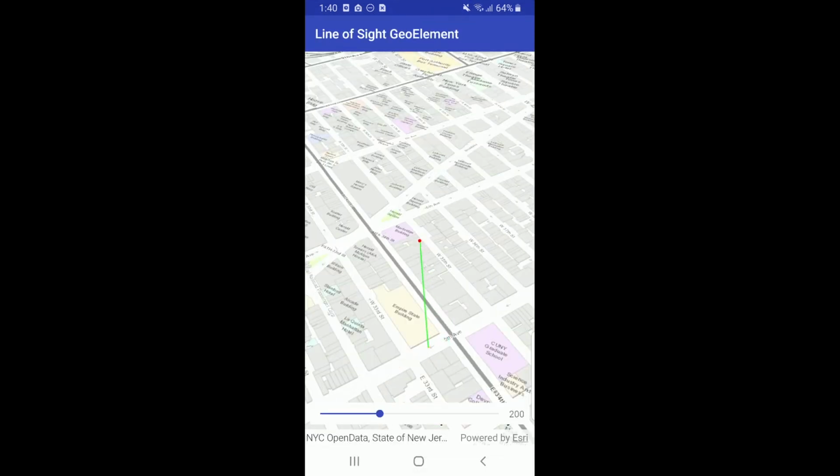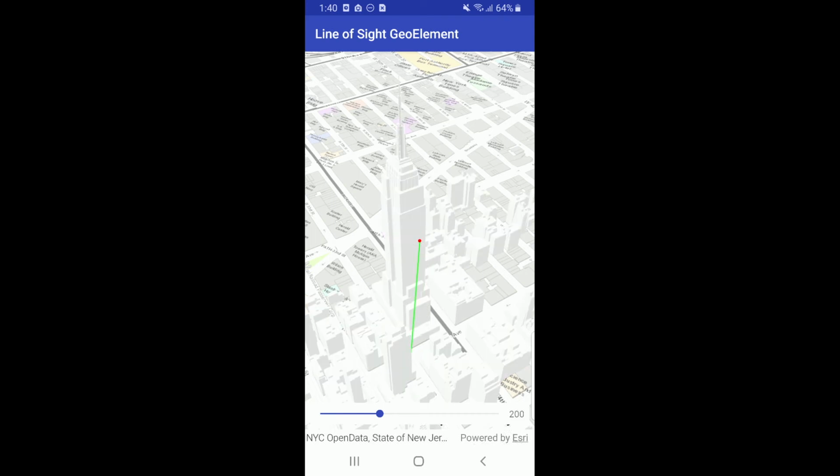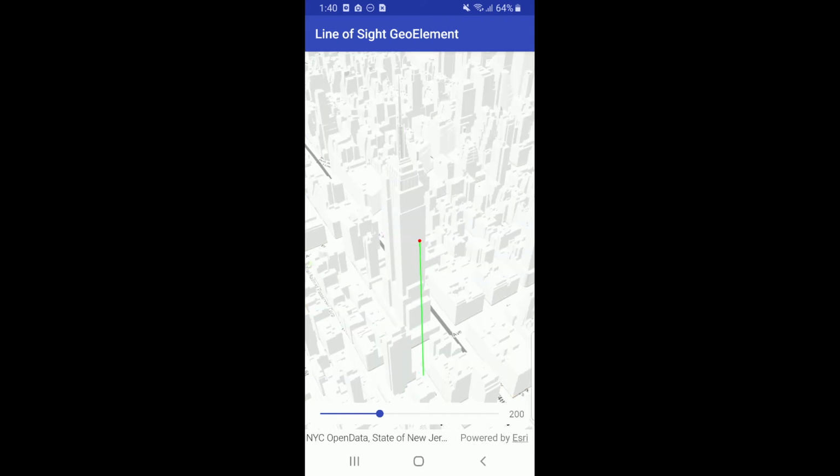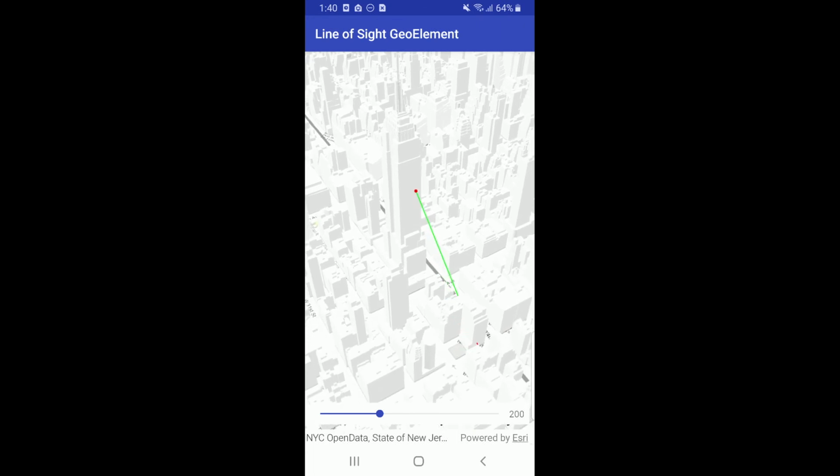What this sample does is render the buildings from a scene service, and it uses the analysis overlay on a scene view to analyze